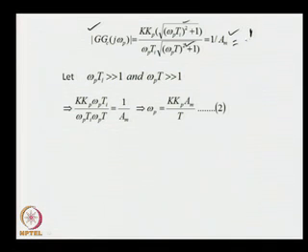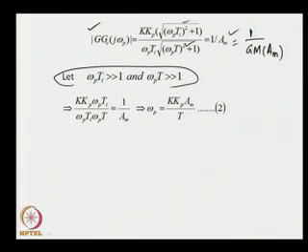This is same as 1 upon the gain margin, which is nothing but A m in our case. Already we have made this assumption that omega p T I is greater than 1 and omega p T is greater than 1. That assumption will help us to express the